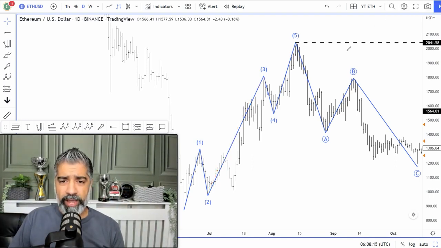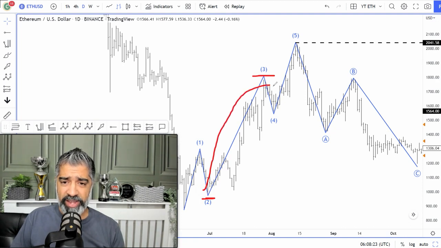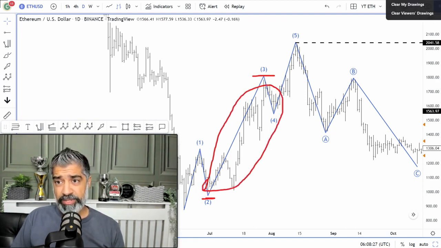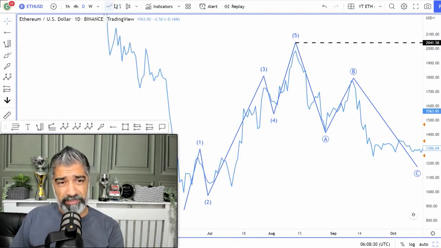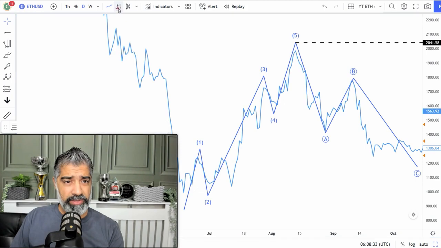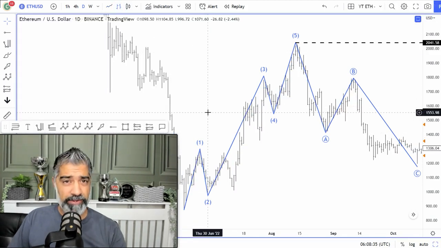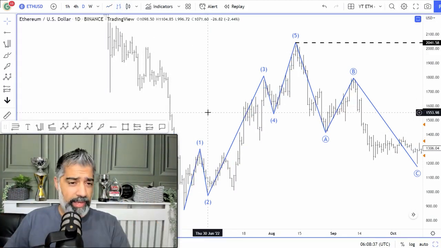So what we want to look at is between here and here, is there any clear wave structure? Can you see in this price action here a 5-wave price structure? Now, I'm just going to click on the bar chart just to make it even clearer. Sometimes it's clearer, sometimes it's not. See if you can pause the video and just draw it out for a second, see what you see. So what I see